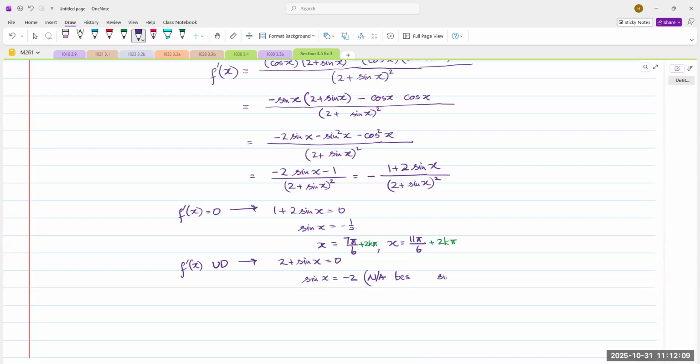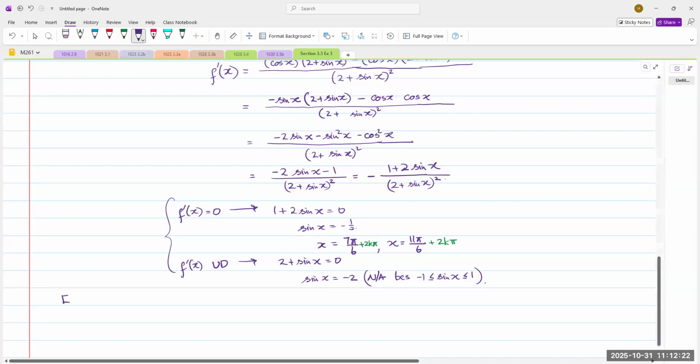Because sine x is between -1 and 1, so it can never be -2. Okay, now using that, then we go to part E, the sign graph